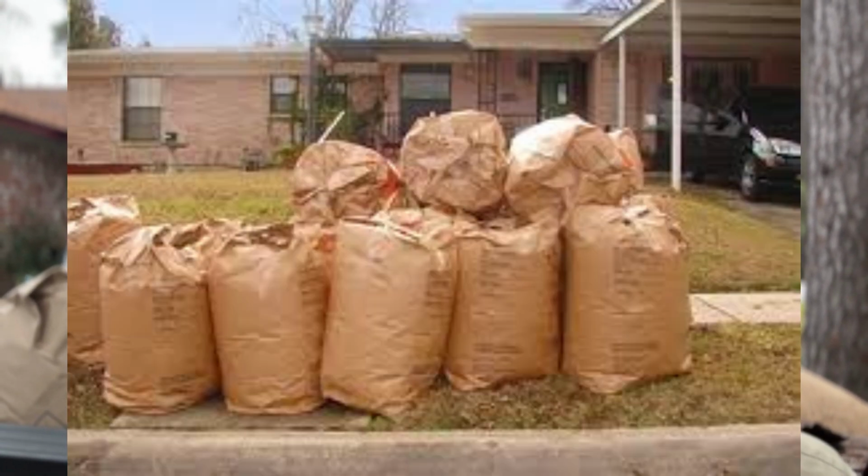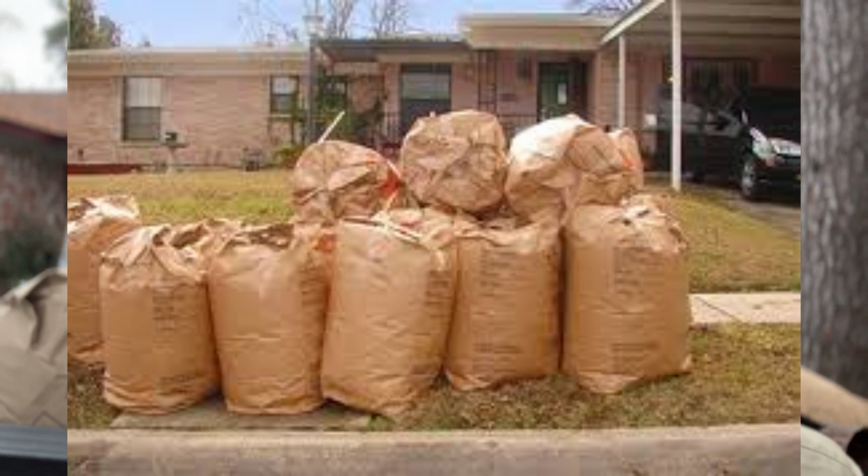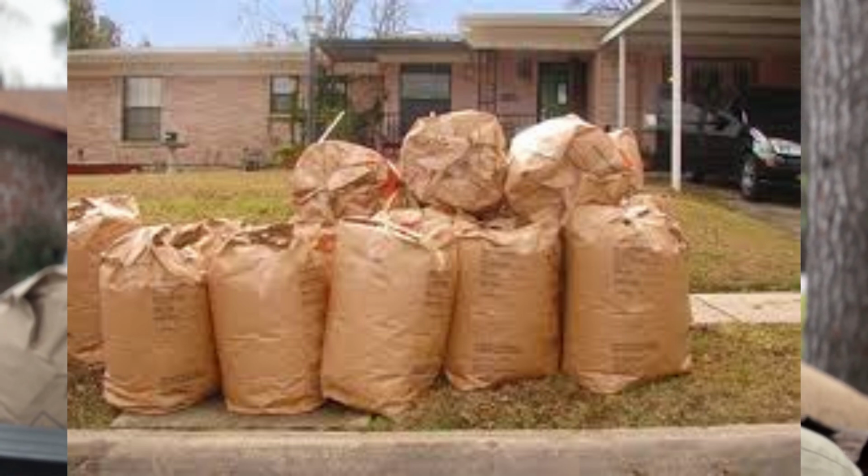Typically we can put this material out at the curb in front of our house, but they only come at certain times of the month to pick it up. And I'll get into that in more detail. I'm going to let you know what I'm doing today,